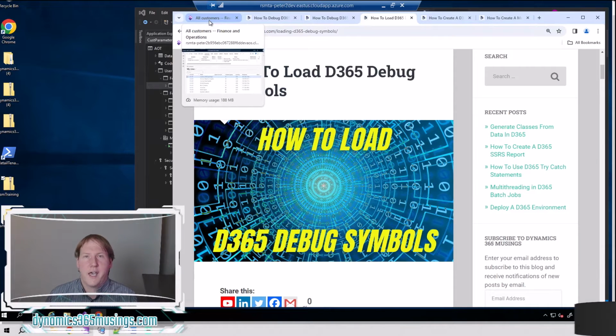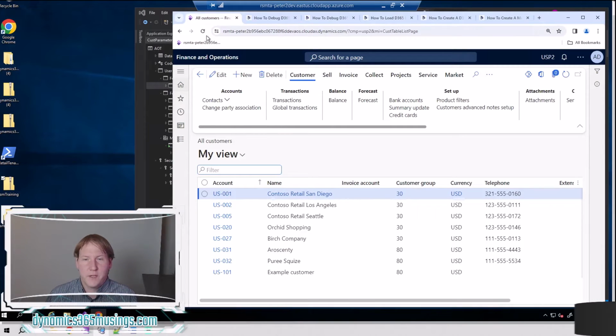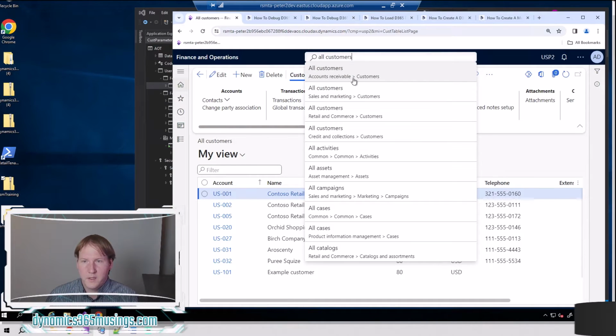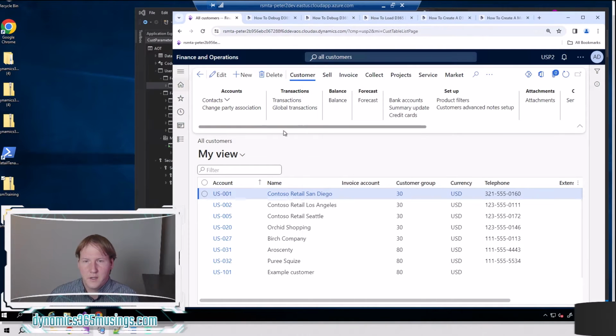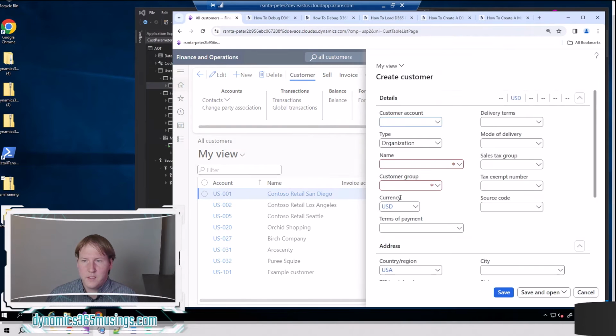Let's look at an example problem and see if we even need to debug or if we can solve it using a different technique. All right, so here's problem number one. Let's pretend you're a user and you want to create a new customer. You've gone to the All Customers form that's found in Accounts Receivable, Customers, All Customers. You've made it to this list page. You click New. You get this pop-up dialog right here, and let's pretend we're creating US 100,